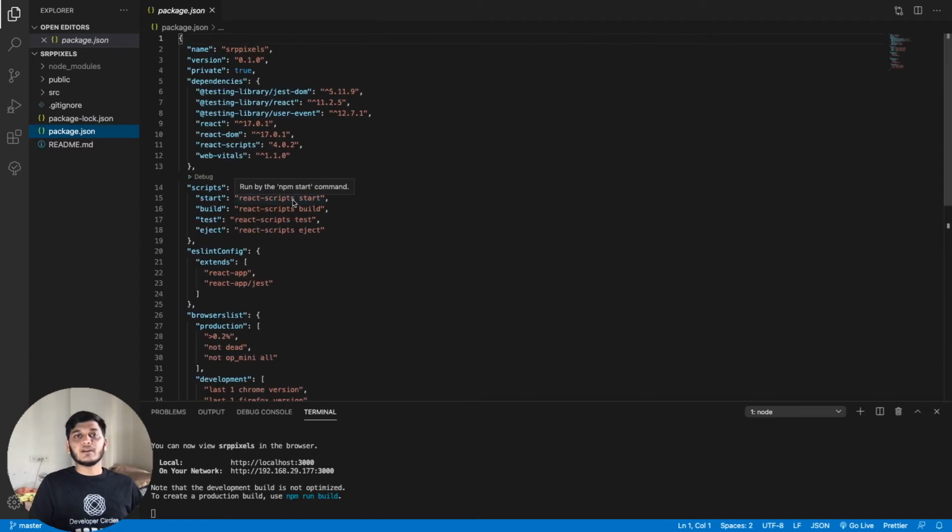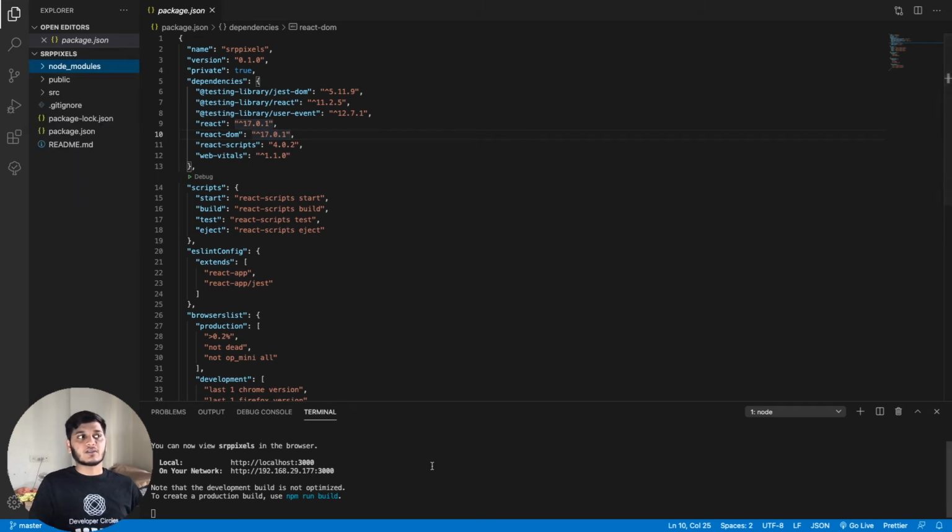This is the main core file of the whole project. All the libraries installed and all the scripts that you have written will be mentioned in the package.json file. As you can see here, React DOM and the versions of the particular libraries are mentioned here. Whenever you share or receive a React project from someone, they will not include the node_modules folder.